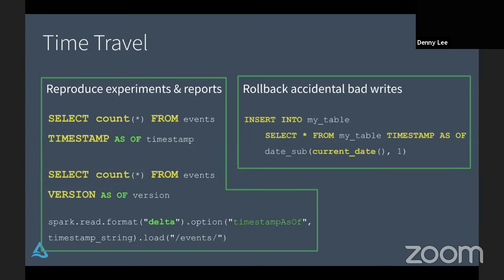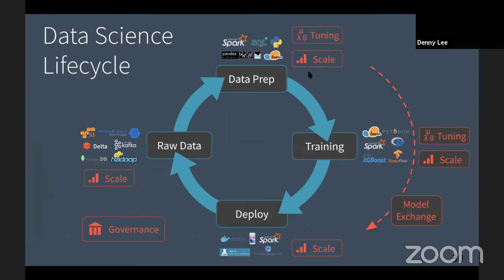This is an example of it, but basically I can go roll back to the 6th version. And so now from this point onwards, I'm back to version 0 of the data, the data that I actually could trust. Okay. And so this is a small but fundamental component of that data science lifecycle.